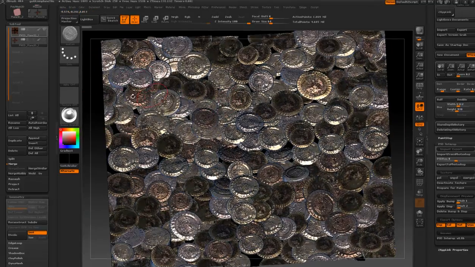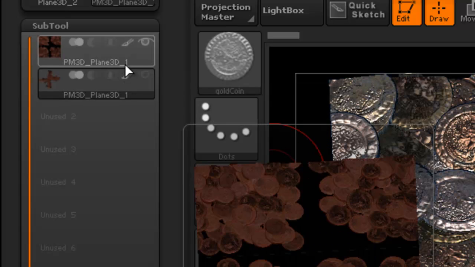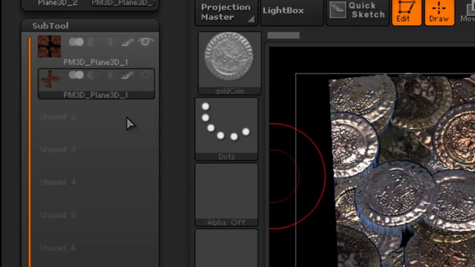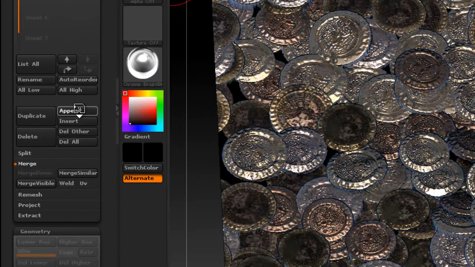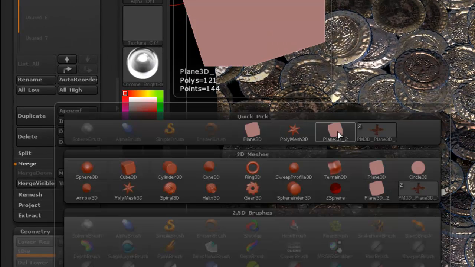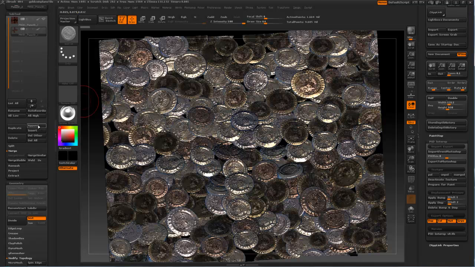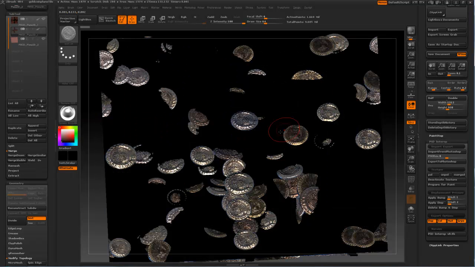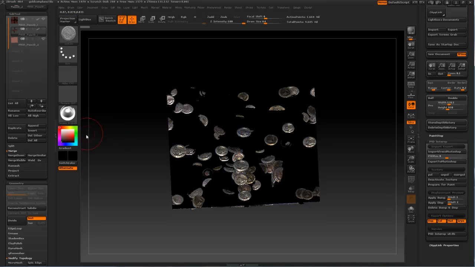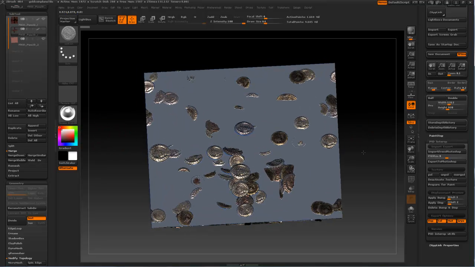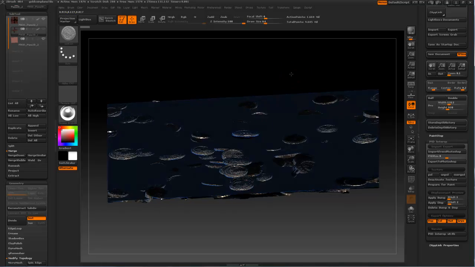If you look at my subtools here, you can see I've actually got two objects. The reason I did this is just because I mentioned that ZBrush and high polygon counts are not ideal. So I went to the append and appended this empty plane, which you should have when you set up your plane via the plugin. And let me just quickly redo this here. So I have this empty plane. I moved it actually down a bit,